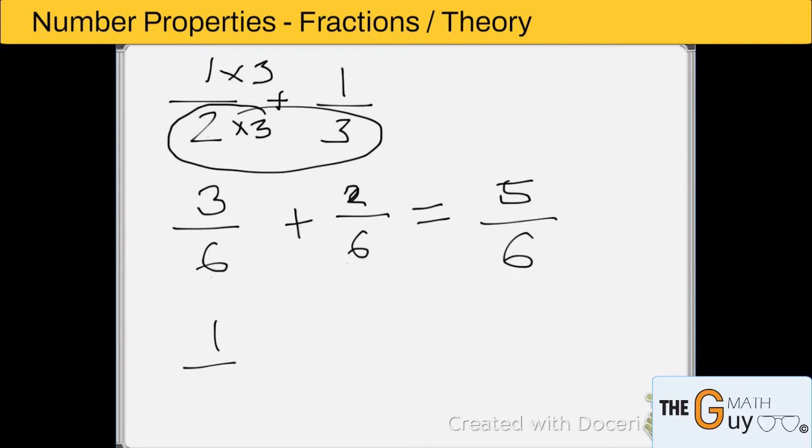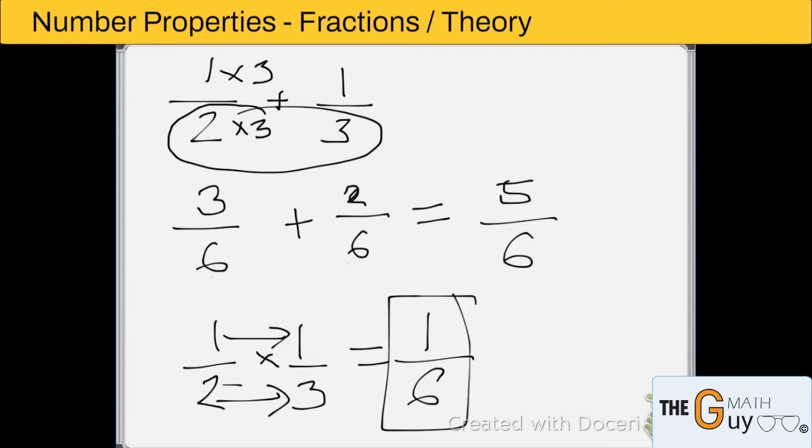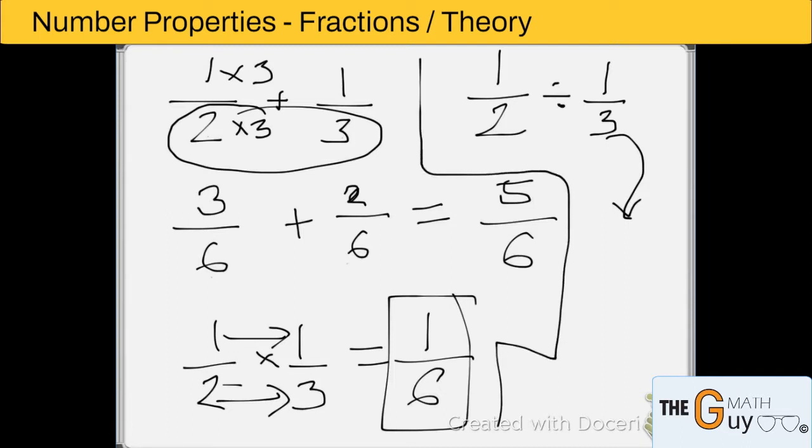How do you multiply? Multiplying is easier. You just go linear, straightforward. 1 times 1 over 2 times 3, and you get 1 over 6. How do you divide? Let's say if you want to do half divided by 1/3, this actually gets converted into multiplication. This gets converted to half times 3 over 1. You flip the divisor, the one that you're dividing by, and then you multiply, just as we discussed before,